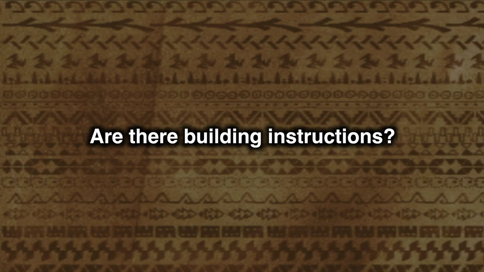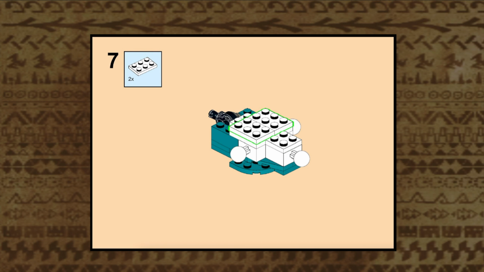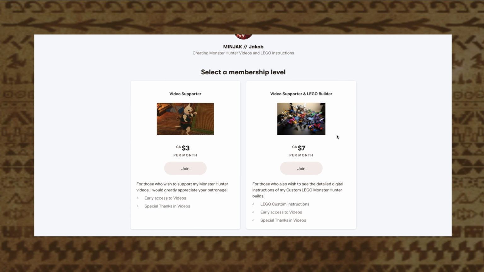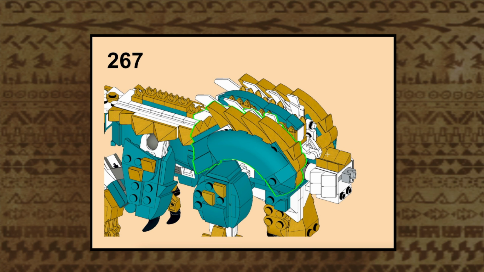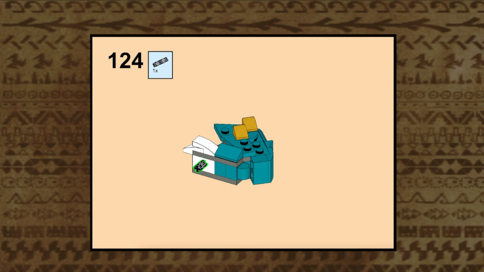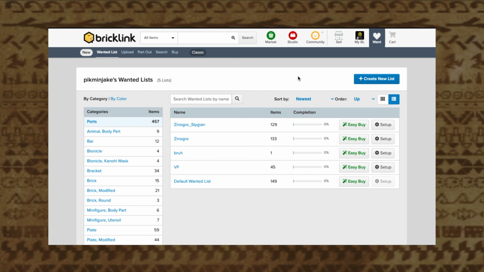Do you provide building instructions? All of my builds will be getting instructions that are intended for individuals to access and build their own versions of. My instructions will be accessible via my Patreon under the second tier membership. If you join under this membership, then all of my instructions will be available to download. Alongside the instruction manual, there will also be a parts list and a guide on how to take the parts